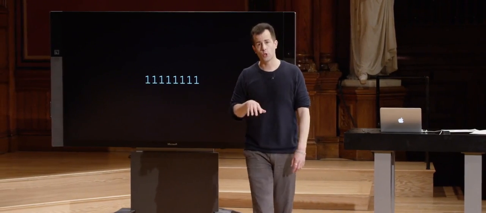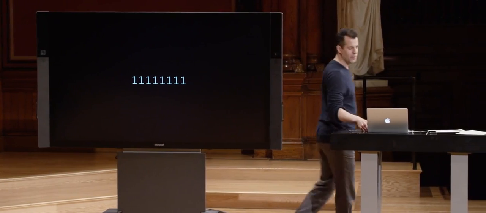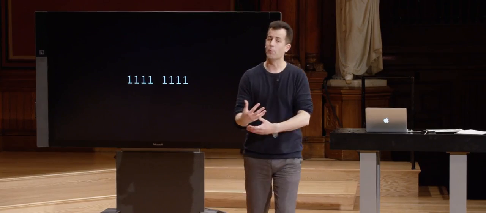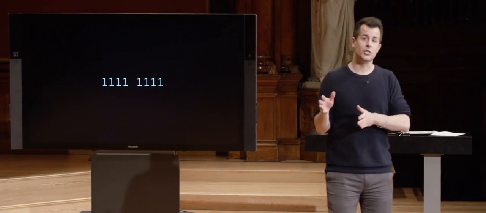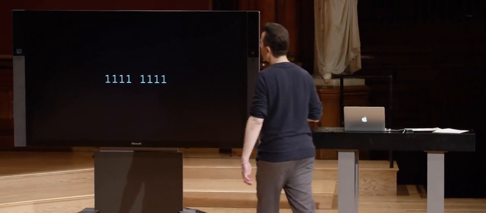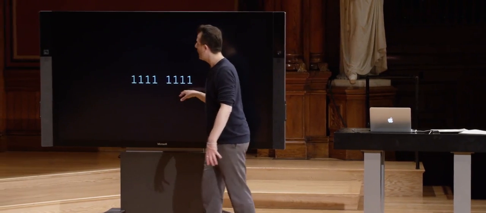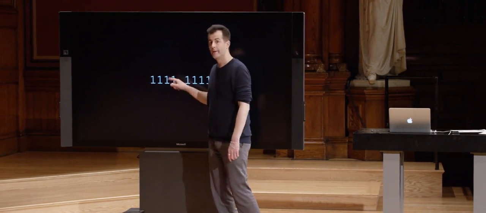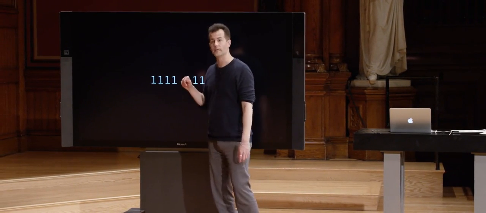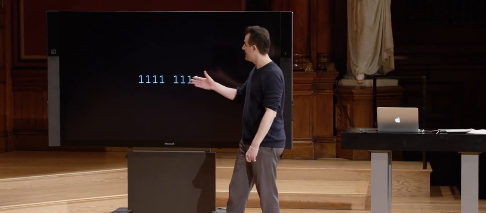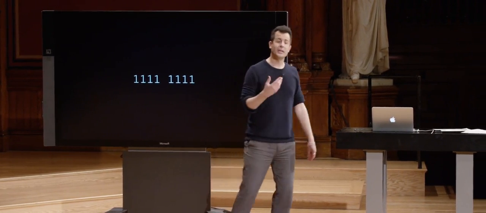So in fact, let's consider an example. Here is a pattern of 8 bits, all of which are 1. Let me go ahead and add a little bit of space to these 8 bits just to separate them into 2 groups of 4. Because it turns out one of the nice features of hexadecimal mathematically is that each hexadecimal digit, 0 through F, represents in total 4 bits, which is to say that we can take a number in binary like this, look at it as 2 halves, one half of a byte followed by another half of a byte, and use 1 hexadecimal digit instead of 4 binary digits to represent the first 4 bits, and then 1 other hexadecimal digit to represent the other 4 bits. So we can take something that takes 8 symbols to represent and whittle it down to just 2,